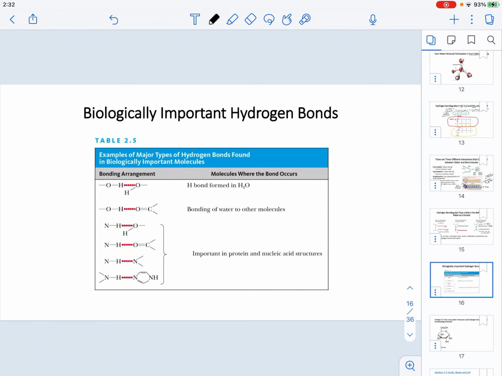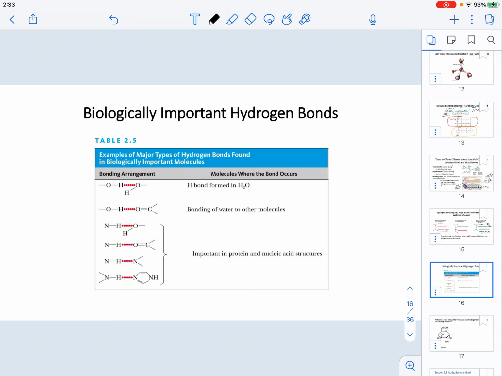Now, understand that there are some biologically important hydrogen bonds. And as you can see here, they are summarized in table 2.5. This is just illustrating examples of the major types of hydrogen bonds found in biological molecules. As you can see, it's showing on the left side the bonding arrangement, and on the right side the molecules where bonds occur. Okay, so it's giving you examples that we are going to see throughout the semester